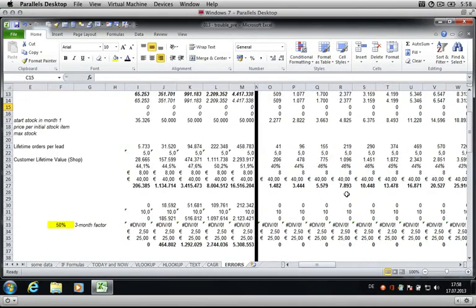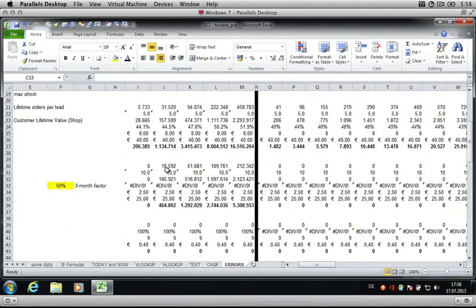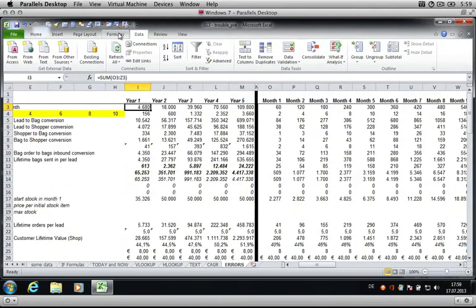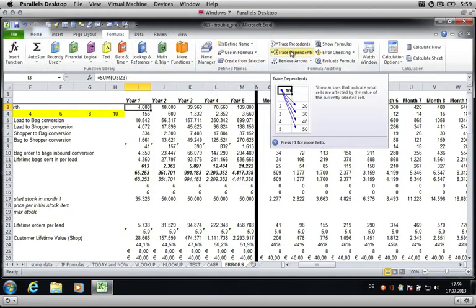Then there's another cool function that you should know. It's called trace dependents. That is in formulas, and then trace dependents or trace precedents. So as you can see already here, it shows the arrows that indicate what cells affect the value of the currently selected cell, and the other one is the other way around. So what cells are affected by the value of the currently selected cell. If I, for example, say